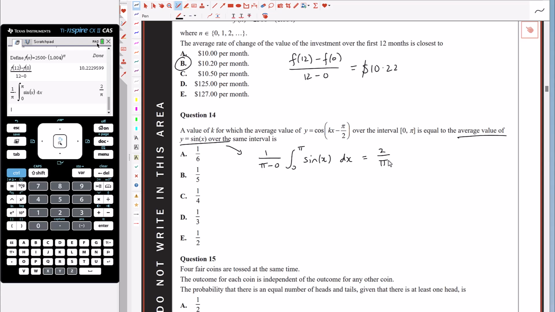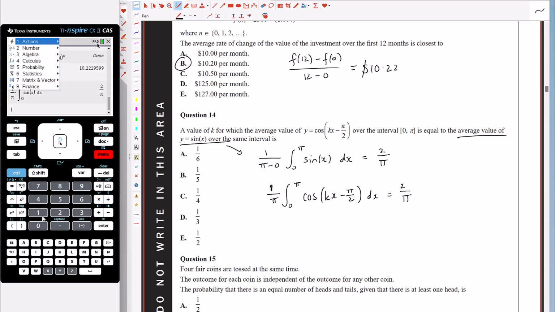And then we want the value of k for which the average value of this function is going to be the same as this. So over that same domain, 1 on pi minus 0, so 1 on pi, integral from 0 to pi, cos of kx minus pi on 2 has to be equal to 2 on pi. We'll solve that for k. So we're going to solve 1 on pi, integral from 0 to pi